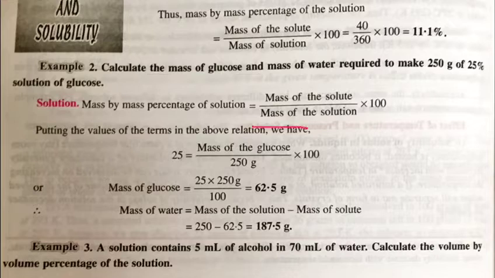Glucose here is the solute, so the solute we will put above, and 250 gram of solution of glucose. Solution means it is the solution, so we will put it below, that is 250 gram, multiplied by 100. So the mass of glucose we will calculate, that is 62.5 grams. Now, how much water is required? Water is being asked. So we know the mass of water will be equal to the solution